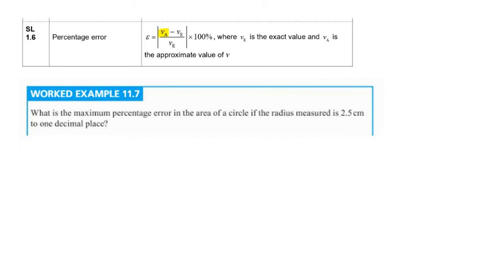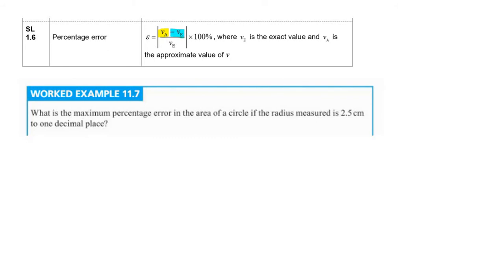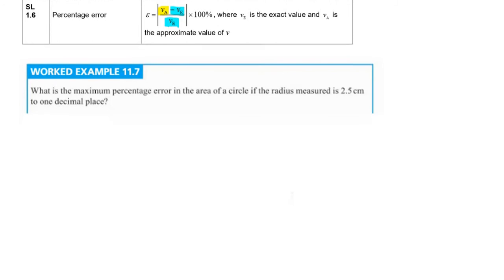The approximate minus the exact over the exact. And so I'm going to have a look at that color coding in each of the examples that I work through. So the first example that I want to do is example 11.7. Now, what we're doing with this one is different to some of the other questions, and I'm going to go through the key difference. So when we're looking at this, the 2.5 centimeters,